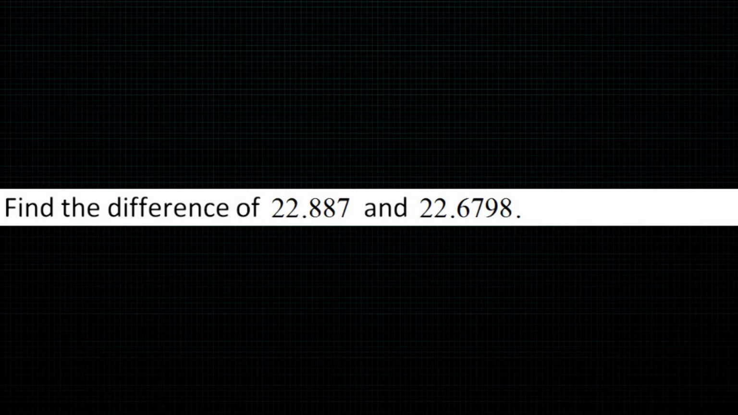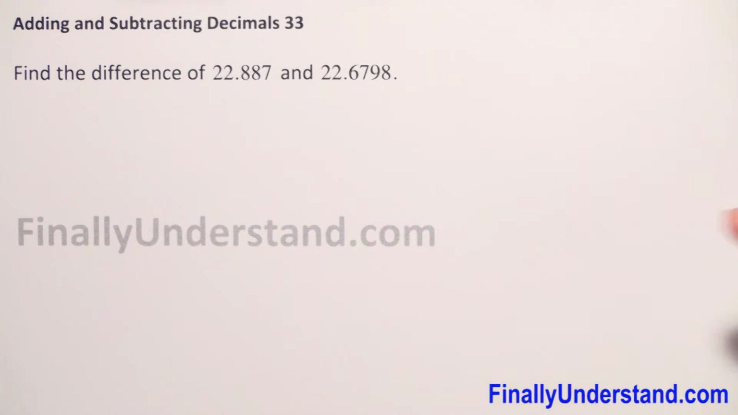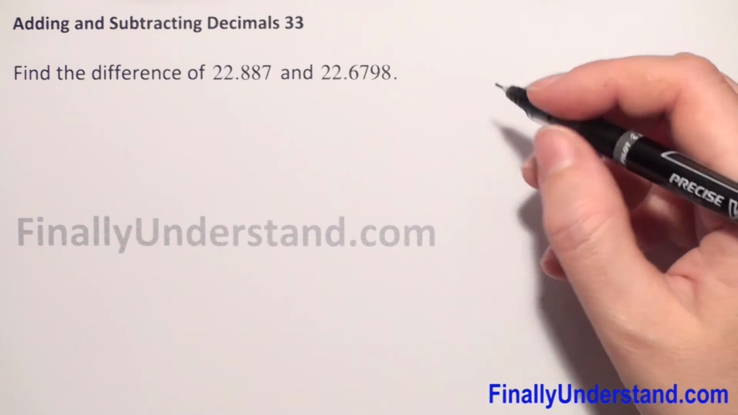We have to find the difference of 22.887 and 22.6798. So first we have to write the numbers in vertical columns, aligning the decimal points. So we have